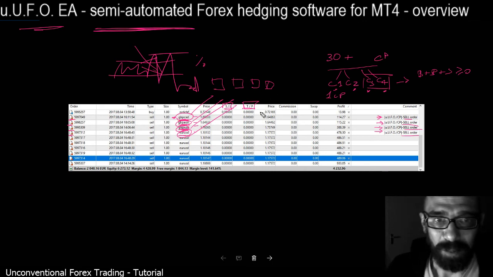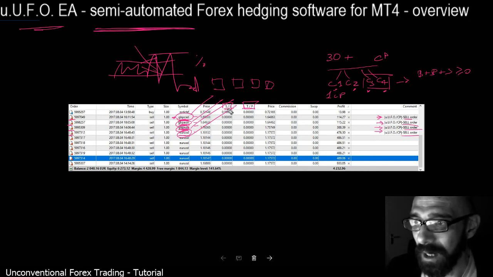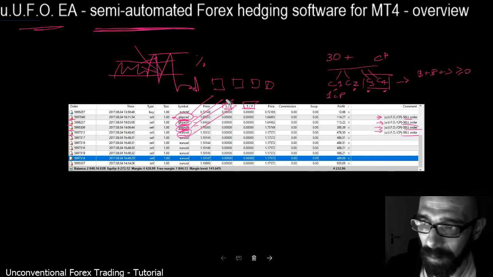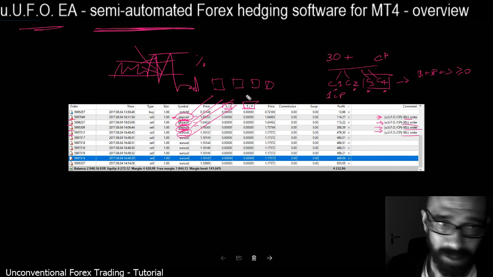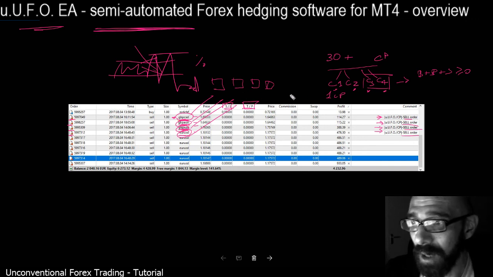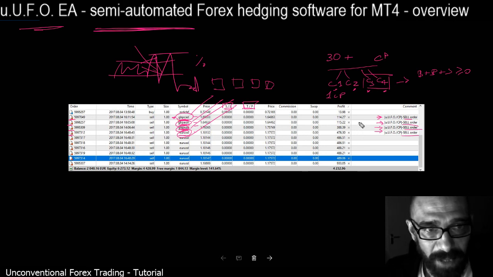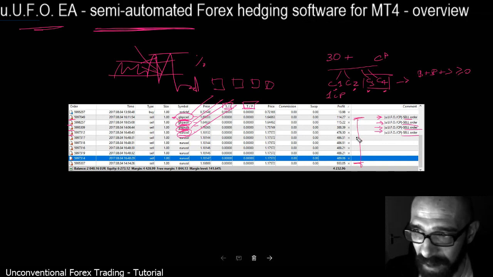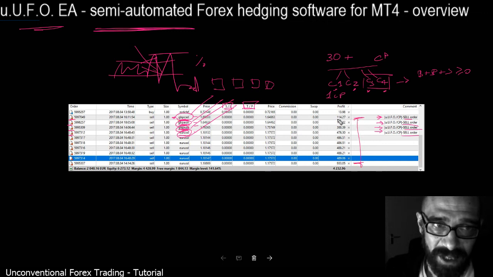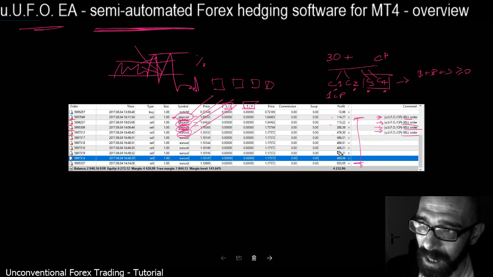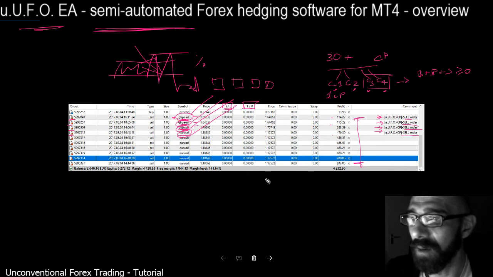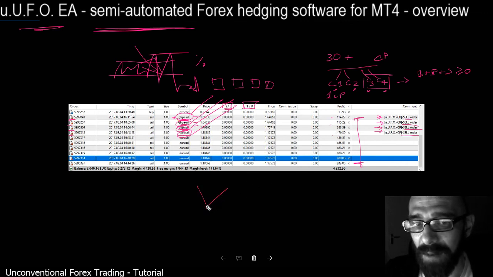Okay, so I have my own way of trading, and if I think it's necessary, of course I can put a stop loss. It depends, for example: when I trade only one or two currencies this way, I put a stop loss. But when I trade more and they are hedging together, even if some of them stay negative for a while, I'm more concerned about the oscillation of the price that I can detect by the graphical aid